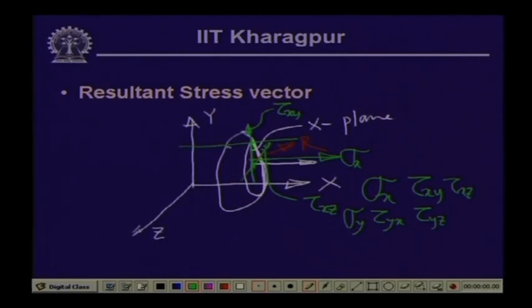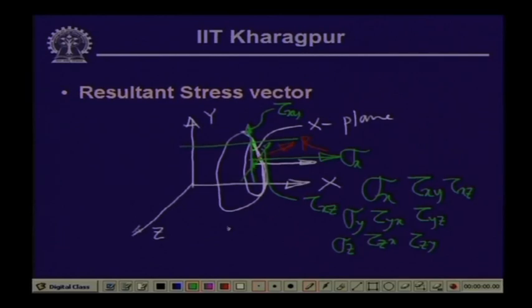Also, if we cut this body with a plane which is parallel to the xy plane, and we plot the 3 stress components, the stress which is normal to the plane will give us the normal stress sigma z, and the 2 stresses which are in the plane are the stress on the z plane in the x direction and the stress on the z plane in the y direction. So, these are the 9 stress components that we are going to get